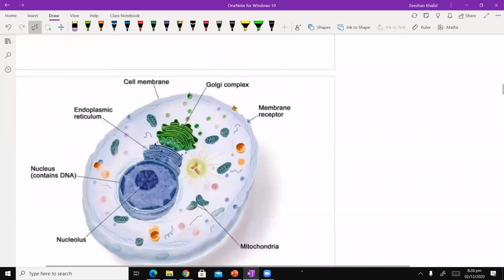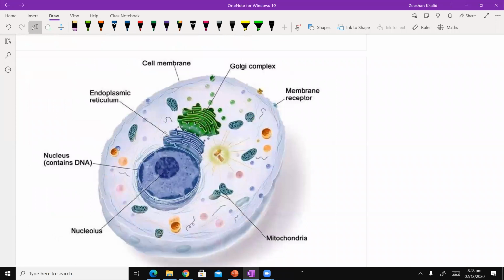Now, I want you to appreciate this 3-dimensional diagram that this cell is showing. There are many things that this diagram is showing that are actually not part of our syllabus. I'm just going to cross them out. We don't need to know what Golgi bodies is. We don't need to know what membrane receptor is. Yes, we need to know what mitochondria is. Generally, you need to know this entire structure. That's the nucleus, okay? Of course, they're going into details like nucleolus, but don't get yourself concerned with this too much. And then, of course, we have the cell membrane. Again, endoplasmic reticulum, not concerned at your level.